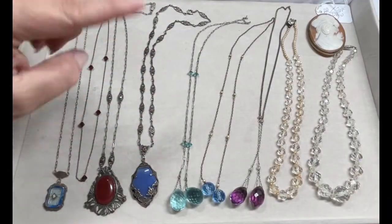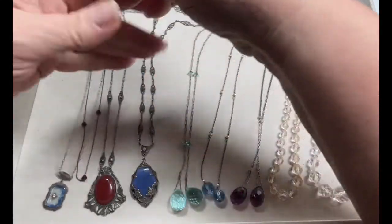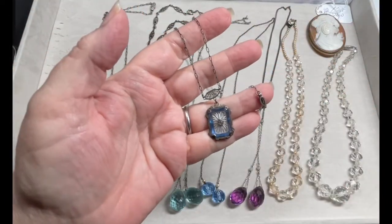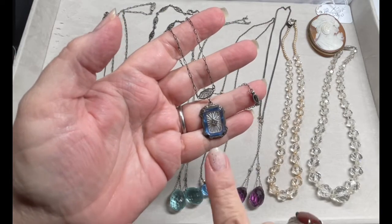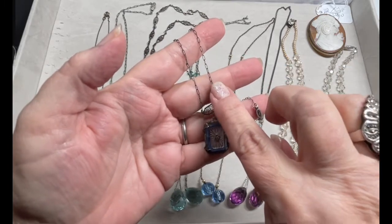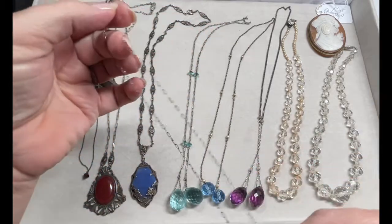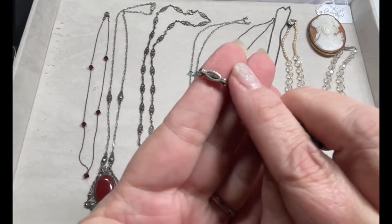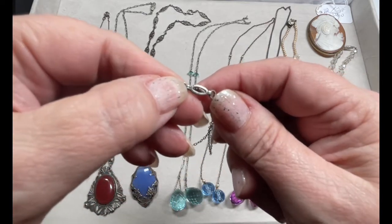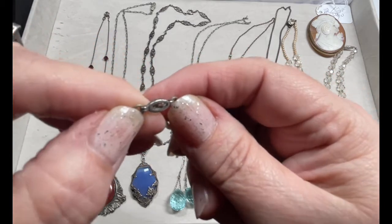I'm going to start over here on our left. This piece is, of course, Art Deco. It is a camphor glass necklace on a paper chain necklace. It is signed up here. Let's see if you can see it. Yeah, I can see it. Can you? Amazing. It says sterling,